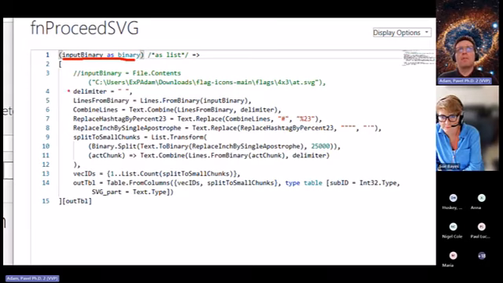I defined the delimiter because these chunks of SVG code, at least for me as a human being, are easier to read if there are some delimiters. They don't need to be in SVG, but it's better to have them, and I place a white space delimiter. I transform the binary into lines of text. Then I combine these lines using this delimiter together, and then